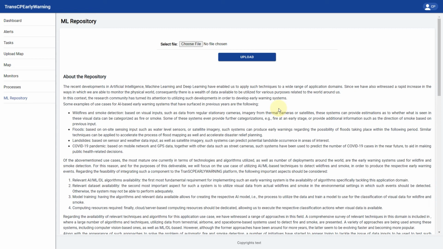The output is always of the same type as the input. In the case of video input, analysis is performed on all frames. Each frame or image is returned with the appropriate segmentation, meaning that it is divided into sections delimited by bounding boxes that denote either fire or smoke. Let's upload an image.